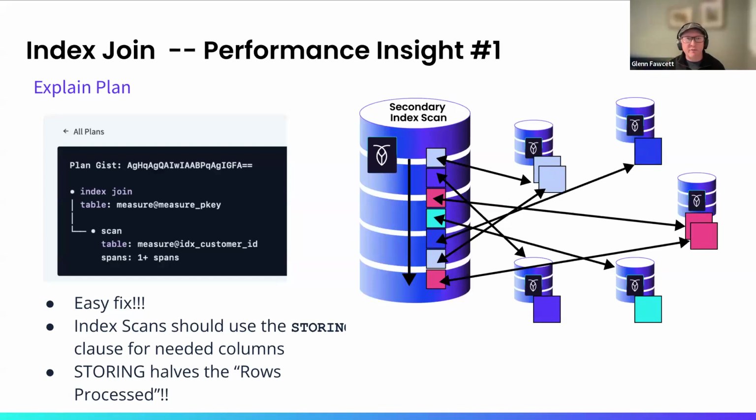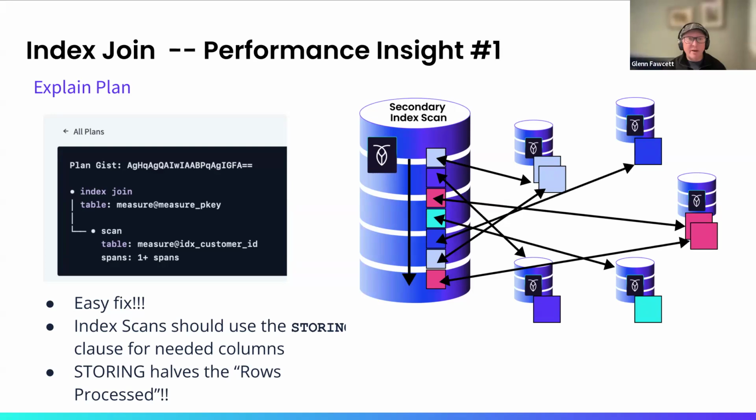So explain the scenario: when you're looking at the explain plan within Cockroach, you'll see this index join, and on a simple query, you're like, well, I didn't join to another table. Well, we're enforcing this index join because we're using the index to scan some number of rows, but then when the query needs to project the columns out of that, it has to go back to the primary key to look it up.